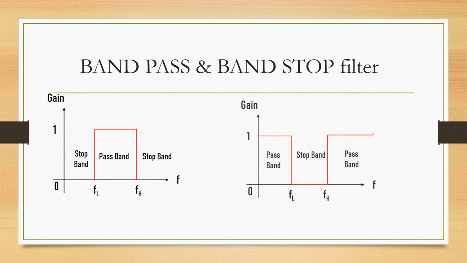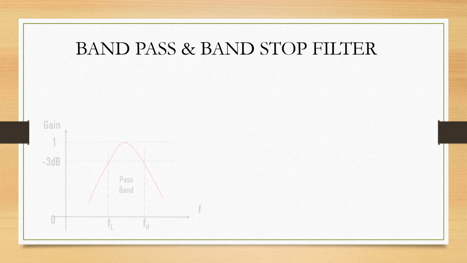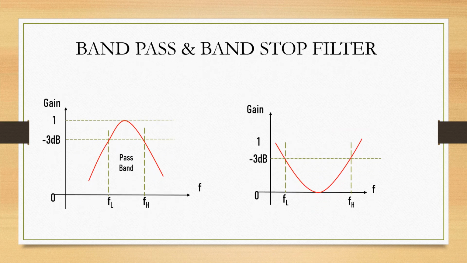On the counterpart, it is a band stop filter, where there are two pass bands and one stop band. The frequencies within the range FL to FH are blocked and all other frequencies are passed. This is about the band stop filter. Seeing the practical case here, this will be the practical case of the band pass filter. So one pass band in the band pass, two pass bands in the band stop filter.